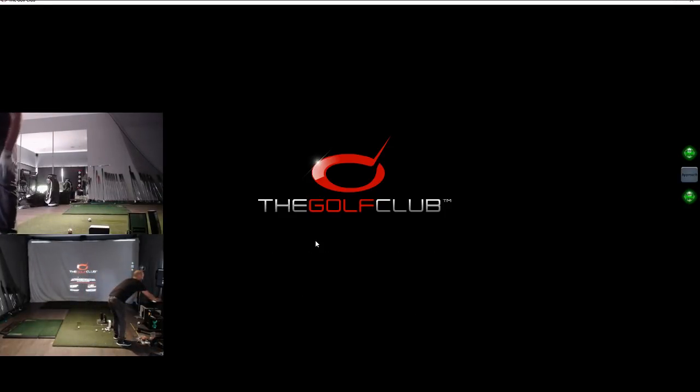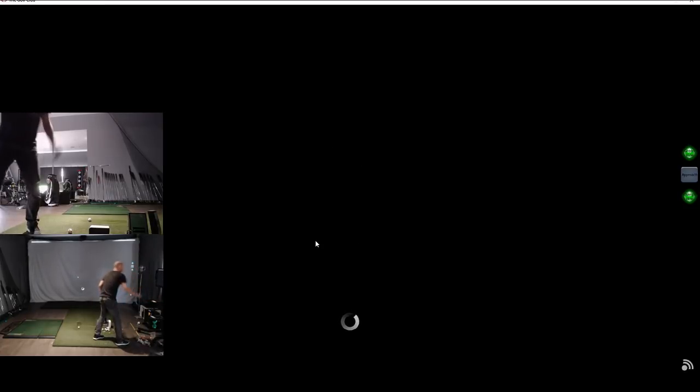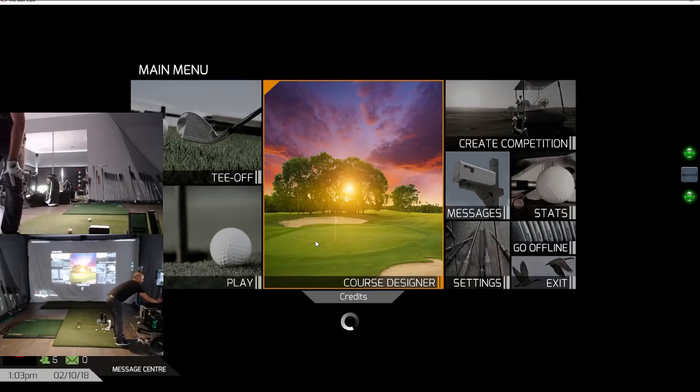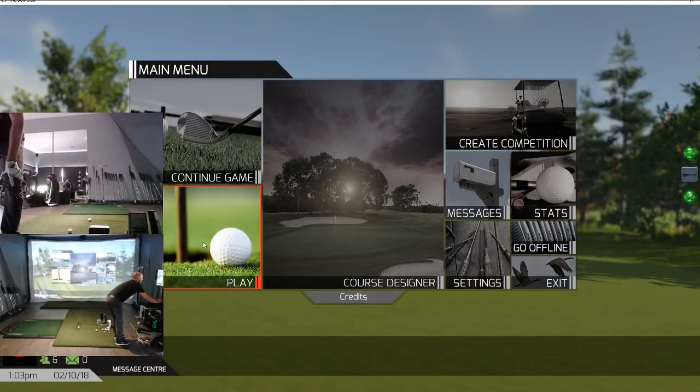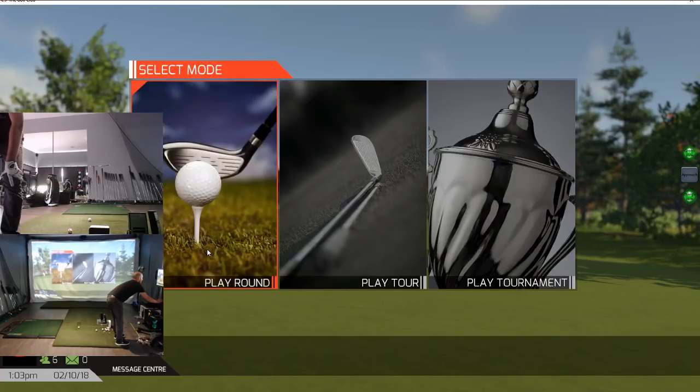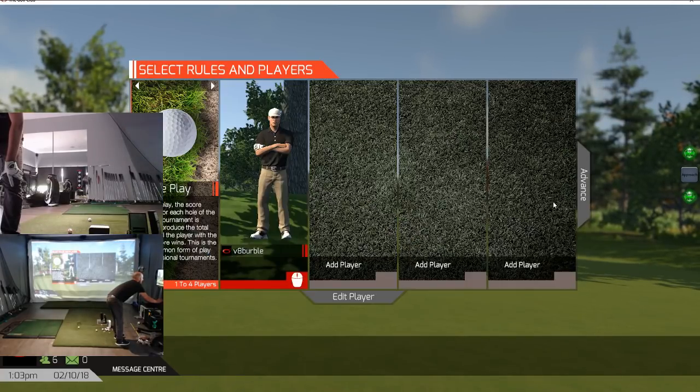On the other hand, there is a tour that's run. There's weekly competitions, weekly virtual prize money given out, world rankings, those kinds of things. And it's how I got started with golf simulation. I think it's a great option if you do want to play courses around the world. I'm just going to start a round. I will load up Pebble